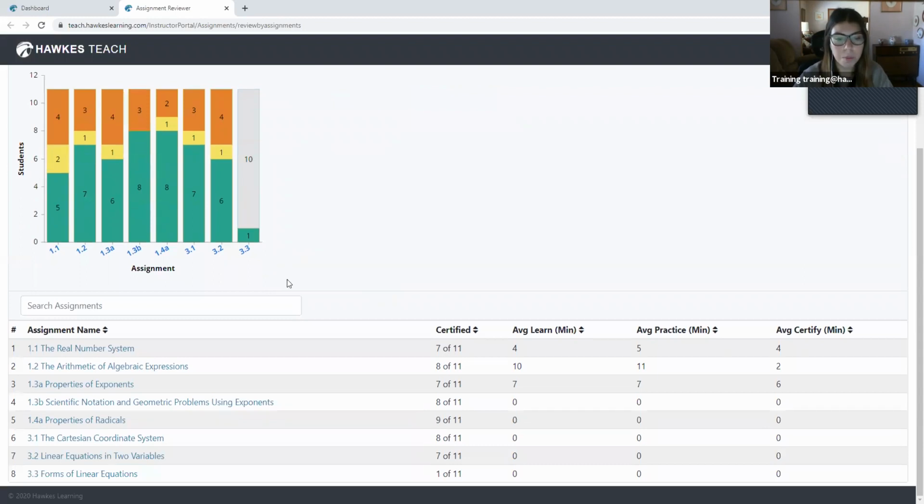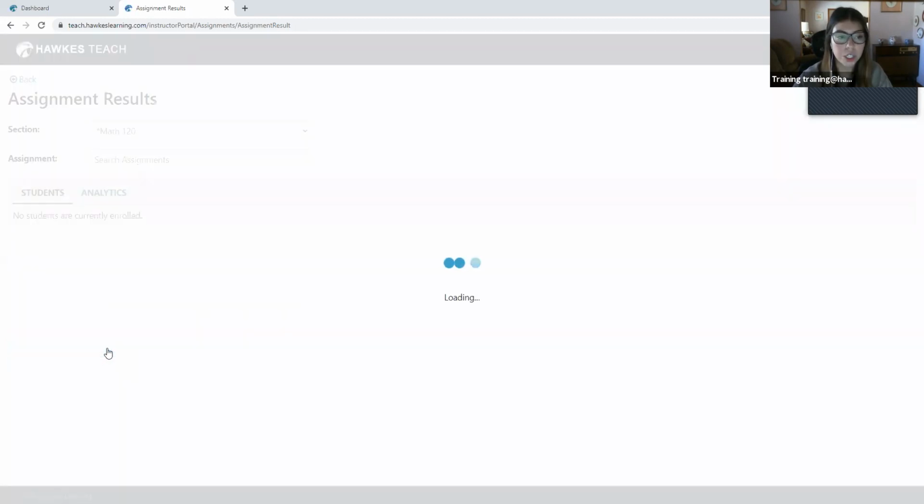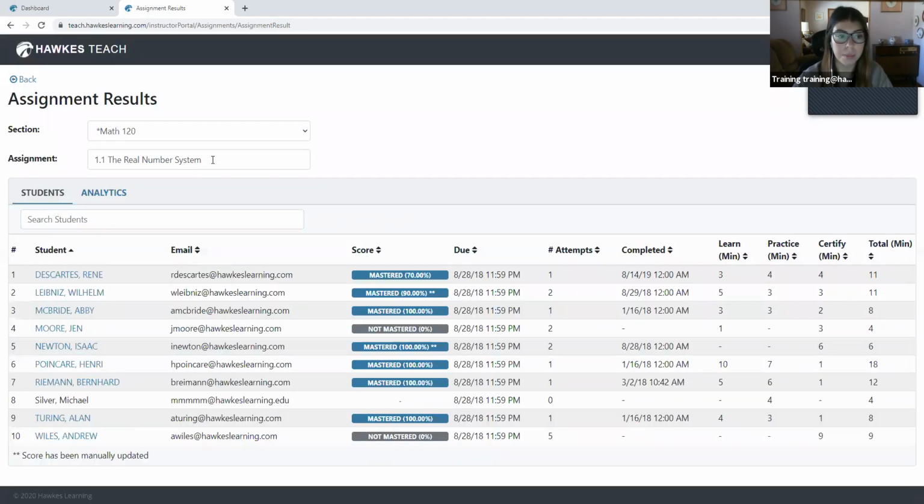If you scroll down a little bit more, you can also see the number of students that have certified in the lesson and the average amount of time for your class as a whole that was spent in the 3 different modes of the courseware. So then you can select either from the graph or from right here, the assignment name, to get more information on that specific assignment. So looking here, first on the Students tab, which is going to list out those students